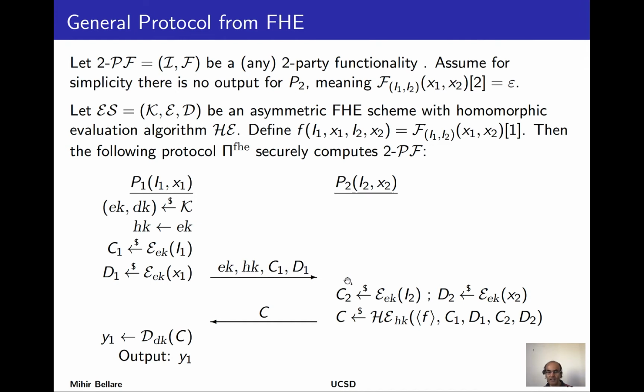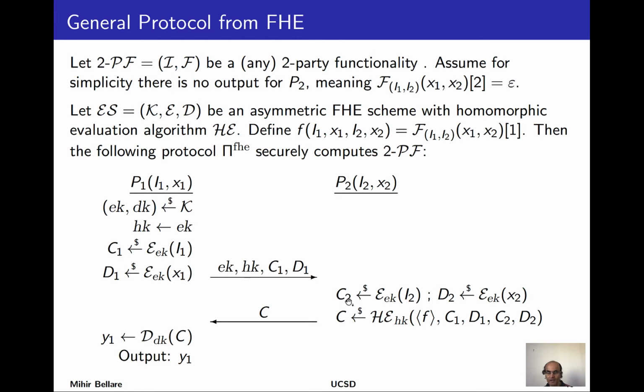ciphertexts. So what does it do? It has the encryption keys, so it also encrypts its inputs. It proceeds to create encryptions of its key and its actual input x2, call them C2 and D2. Okay, now what? Does it send those back to party 1? No, that would be foolish because this party actually has the decryption key. If party 2 were to transmit these ciphertexts back, party 1 could decrypt them and completely learn all of P2's